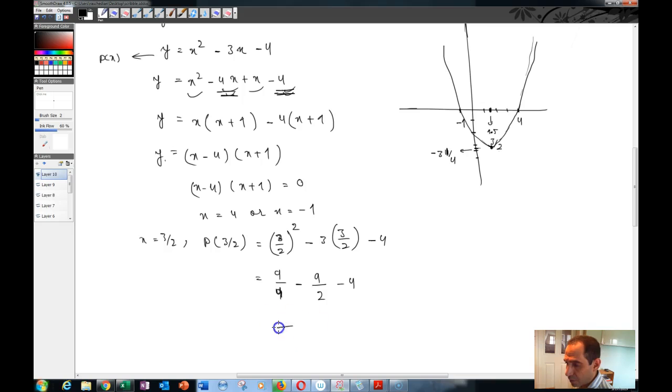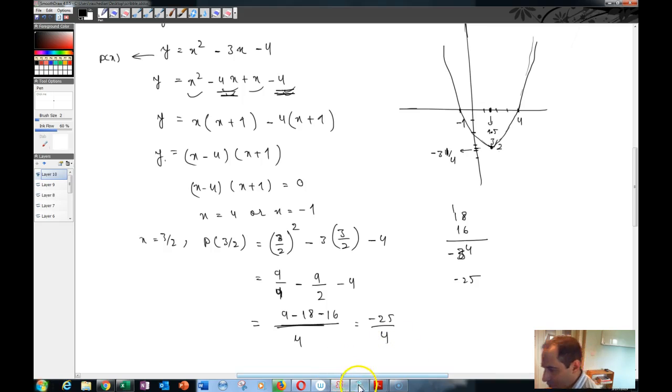Okay, so you have the LCM is 4, so that's 9 minus 18, and then 4 times 4 is equal to 16. I'm sorry. So that's equal to 16 plus 18 is equal to 34, and this is 14. So 18 and 16, so that's 34, negative 34, plus 9 is equal to negative 25, I suppose. Negative 25 fourths,